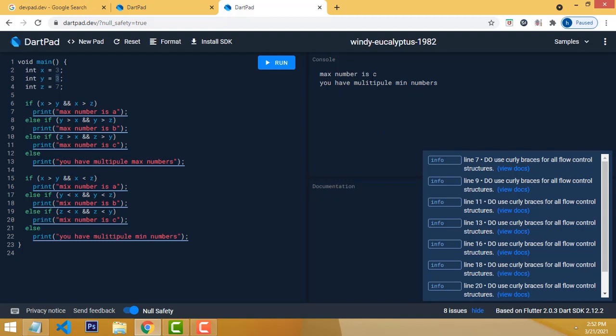Max number is C. Sorry, not C. This one we have to get it. Insert Y, Z. Insert Y, Z. If you run it,